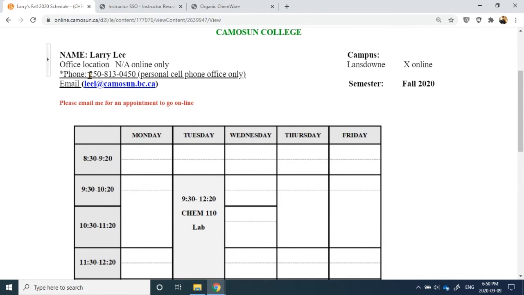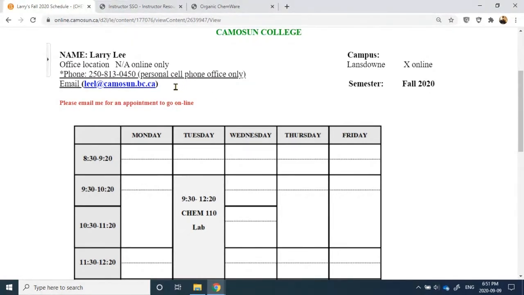Here's my cell phone number, okay? Please email me first, and here's my cell phone number, just in case I haven't replied to your email within 24 hours, you could always text me. If it's really urgent, something that you need to talk to me about, then definitely give me a text or call me. Usually if I don't recognize the number, I won't answer it because I get a lot of these